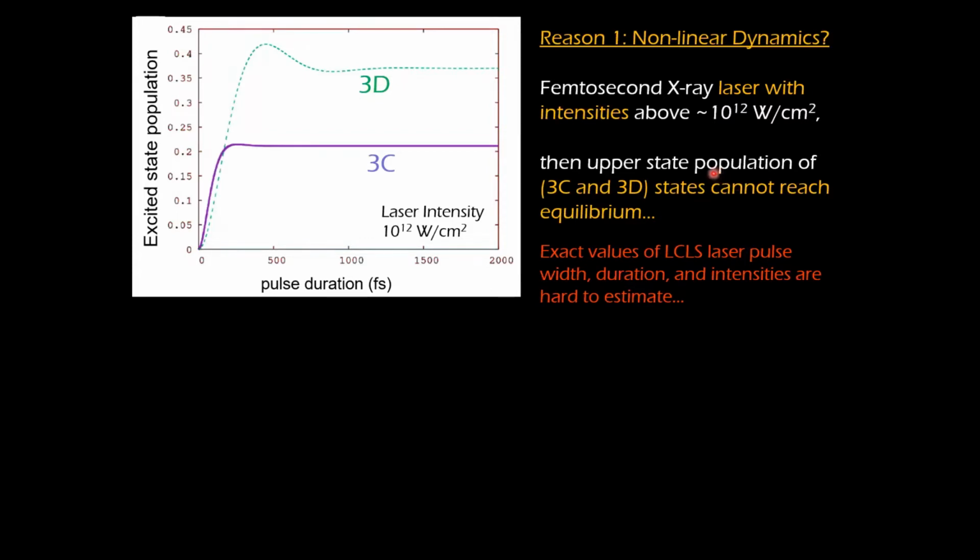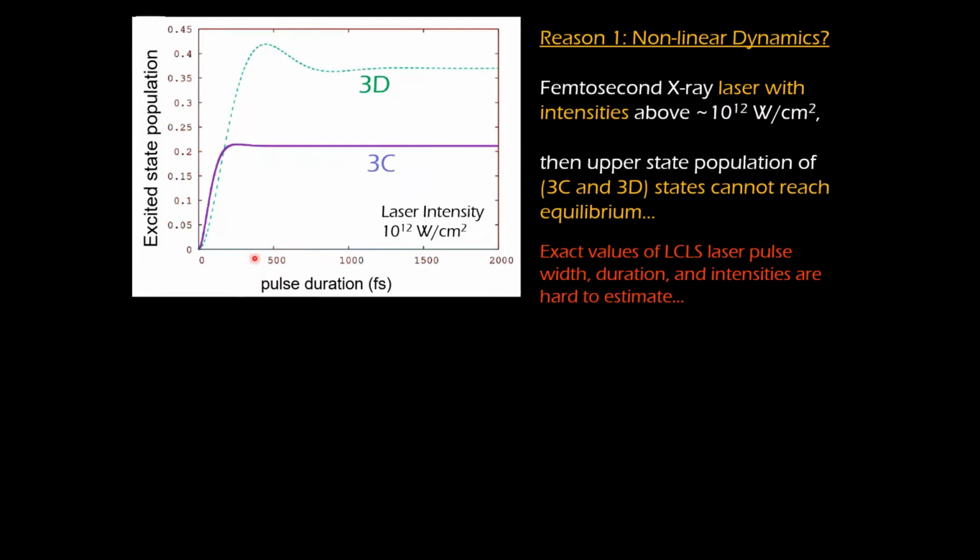Just to give you an example, here you see excited state population as a function of pulse duration. These pulse durations come from the XFEL, X-ray free electron laser. When you have very high intensities of 10 to the 12 watts per square centimeter and very short pulses, the upper state level populations of 3C and 3D may not reach equilibrium. And in our experiment, we honestly did not know what the pulse duration was and so on. These were the very first few years of the LCLS